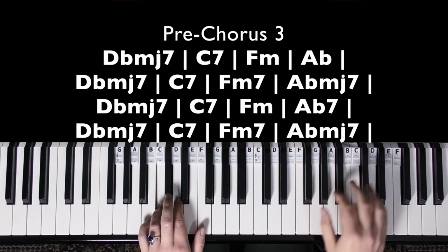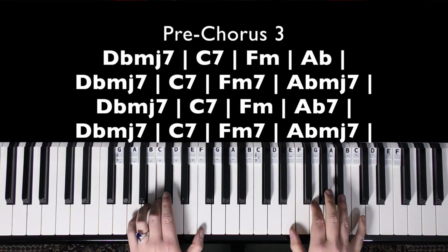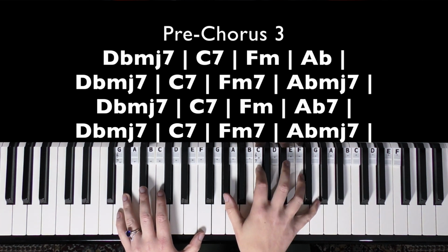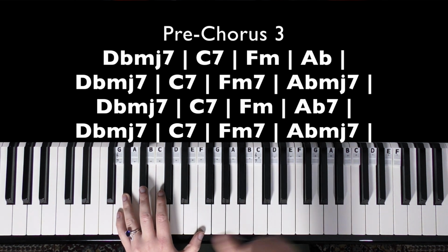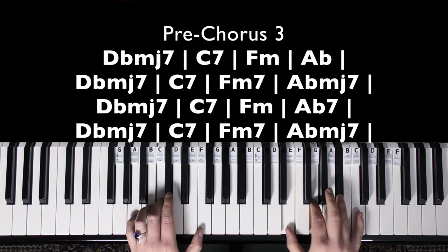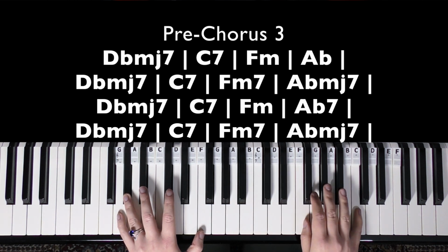C7, F minor, A flat major, D flat major 7, C7, F minor 7. And we have that A flat major into the single E flat again, and then we have this extra bit, so D flat major 7, C7, F minor, A7, D flat major 7,